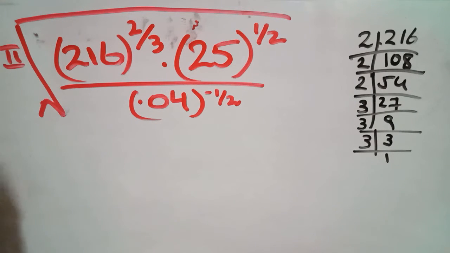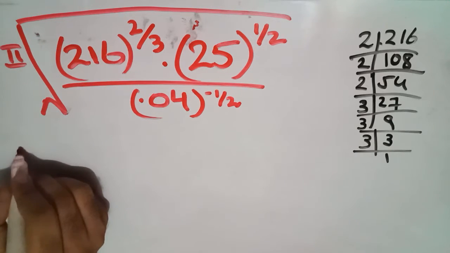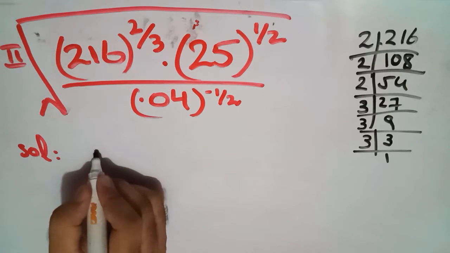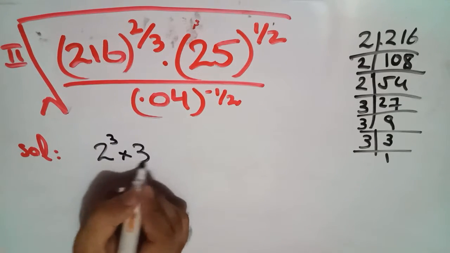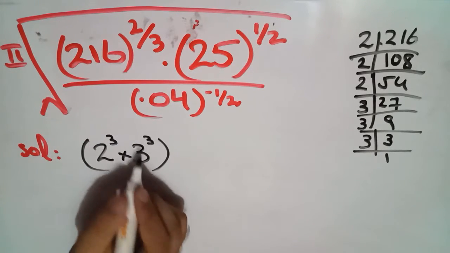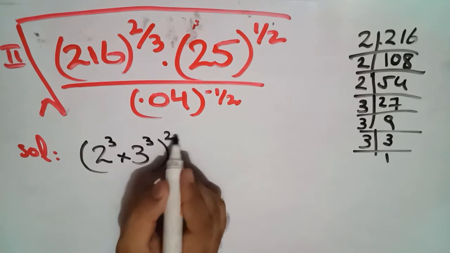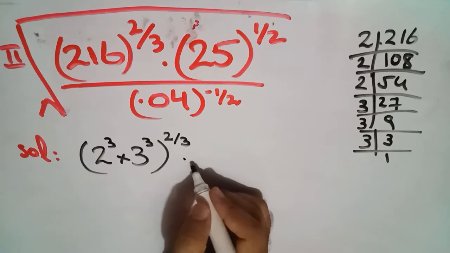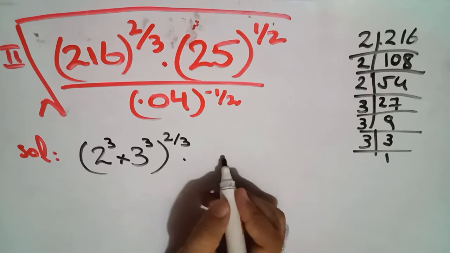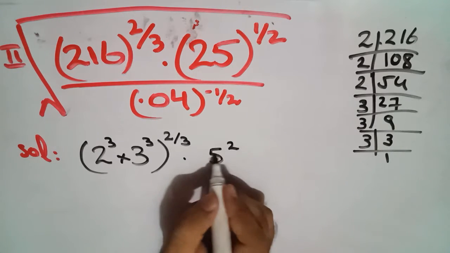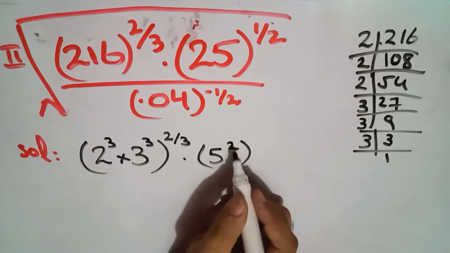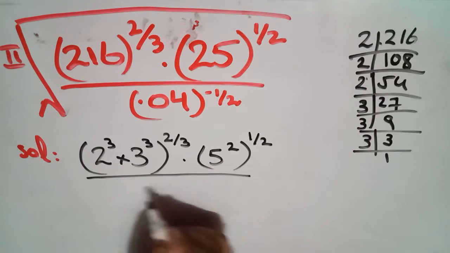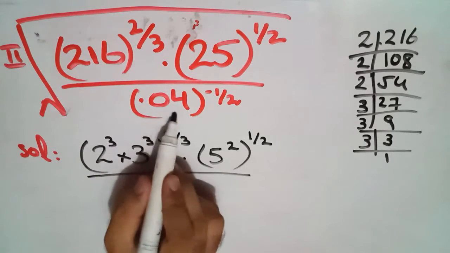So the solution is 2 raised to power 3 and 3 raised to power 3 in the place of 216, and whole raised to power 2 by 3. Okay, dot, which means multiplication, and 25 has the factors 5 raised to power 2, and whole raised to power 1 by 2, over, first of all you will